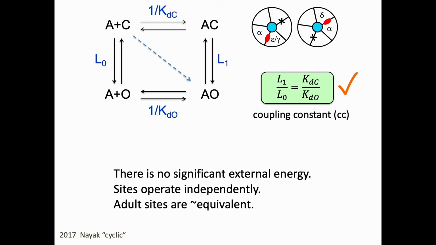So in this paper listed below, we measured each of these four equilibrium constants in complete isolation of the others, and we were able to confirm that this equation, which I'll call the green equation, is correct for four different agonists at three different kinds of binding site. These two ratios were the same. So that indicates that there is no significant energy coming into the system. The system is in thermal equilibrium.